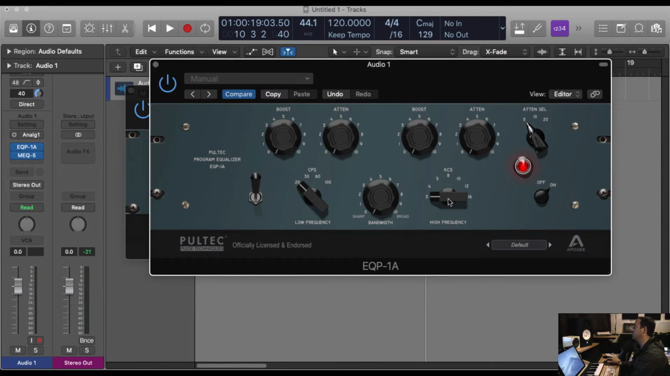The bandwidth, of course, that's your Q from sharp to broad. And then the same thing with the boost and attenuation in the high frequency. And the high frequency ranges from 3 kilohertz up to 16. And then that's for the boost. And then for the attenuation, you set that at either 5, 10, or 20 kilohertz. Pretty cool. All right. So that's the traditional